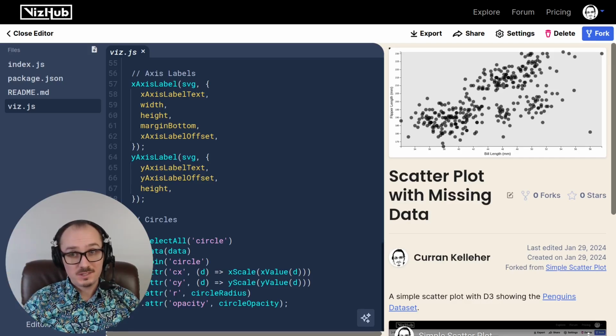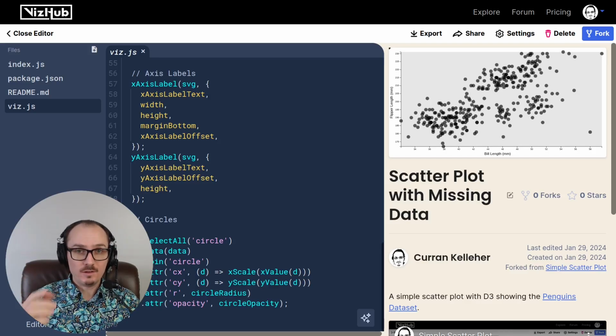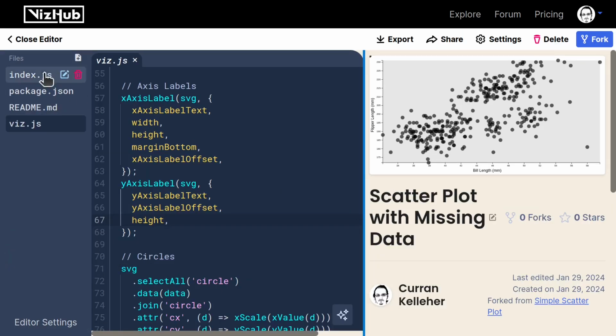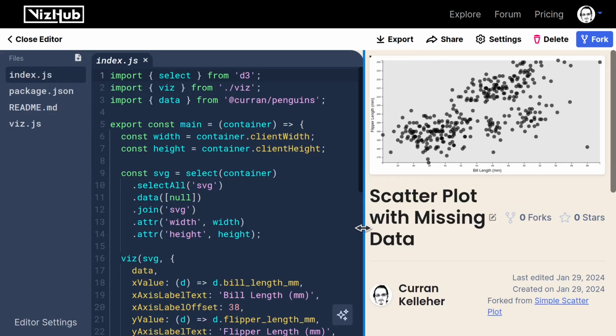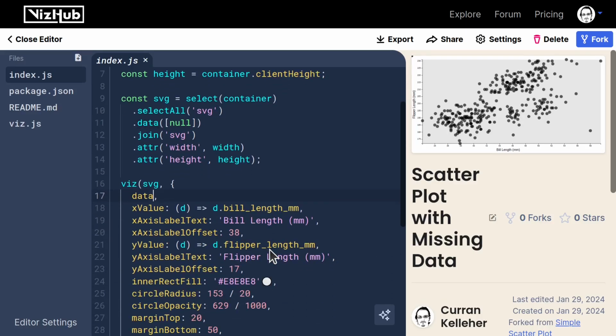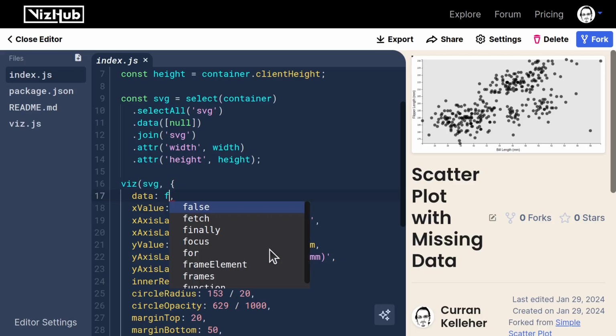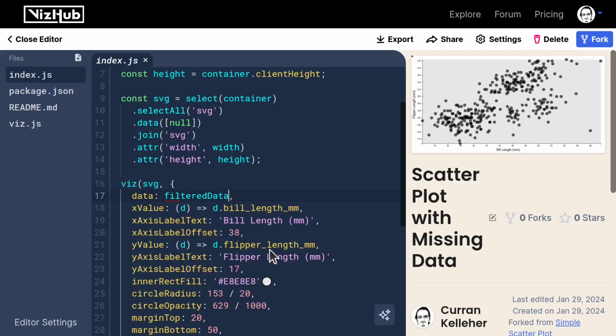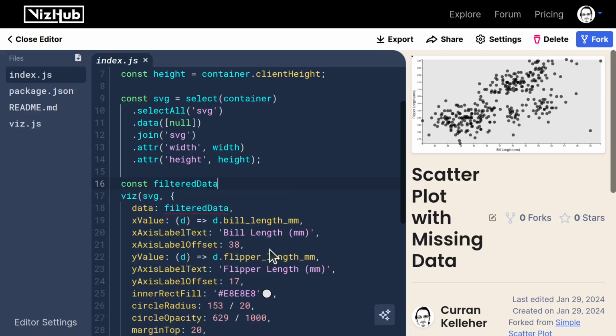I've seen it done successfully both ways, but my preference is to keep the visualization logic itself simple and clean and have it be the responsibility of index.js, the outer level component, to filter out the missing data. So over in index.js, we've got data, and we're passing that straight into our viz function. Instead, what I'd like to do is pass a new thing called filtered data, which we can define as